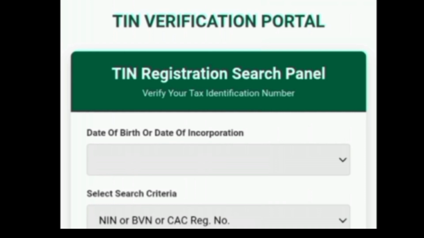Your details, in the sense that it is your date of birth if you are verifying your personal TIN. And if what you want to verify is your business, you input the date they registered the business. You have it on your business registration certificate. Input the business name there, then you input the